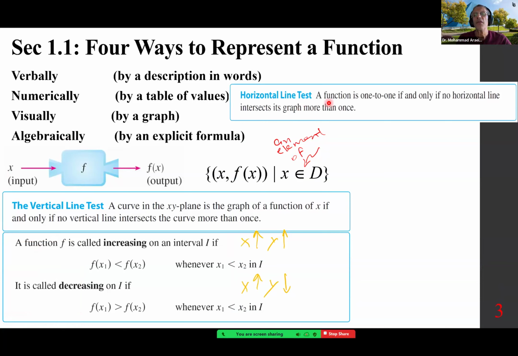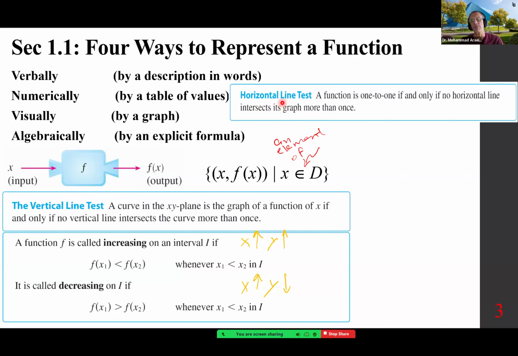Horizontal line test. A function is one-to-one if and only if no horizontal line intersects its graph more than once. In other words, class, for something to represent a function, it has to pass the vertical line test, meaning the x coordinate cannot repeat. For it to be one-to-one, it has to pass the horizontal line test. That means the y